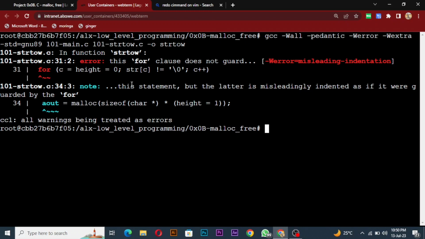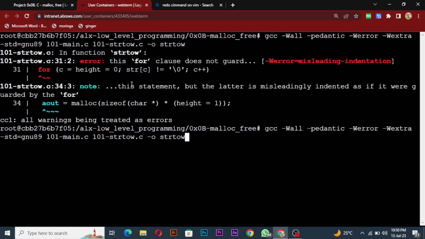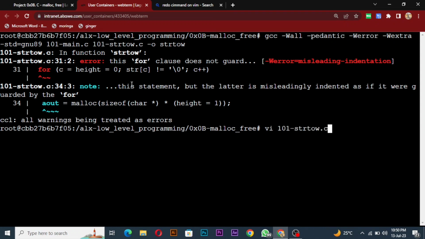Height plus 1, not height equals 1. Okay, I think I pressed the shift but I didn't press